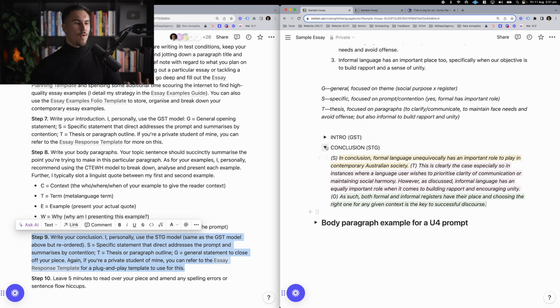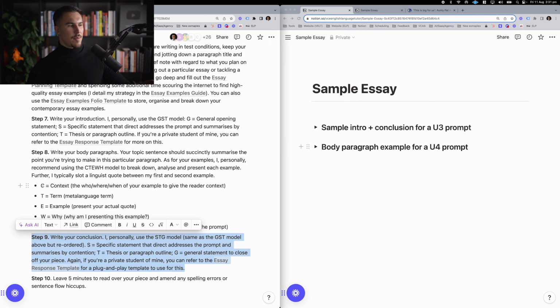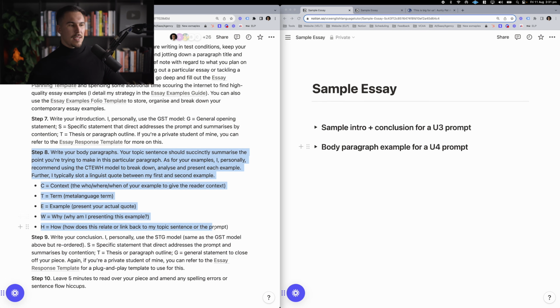The same applies for our body paragraphs, and that's a nice segue into: let me show you how I write a body paragraph. Now I've already written this in advance to save us some time, but I'll show you the constituent parts and how I came up with them, and what this CTEWH framework in step 8 of the essay writing guide actually looks like in practice. Now I will add again, CTEWH is the order in which I usually present the information,